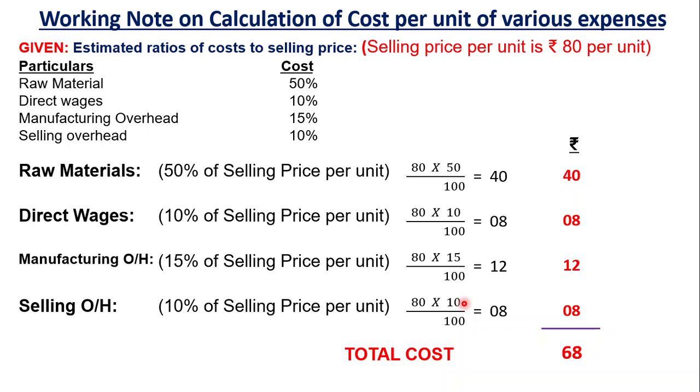So this calculation is very much required well in advance before preparing the statement showing estimation of working capital requirement, because this per unit information is to be ascertained so that it can be implemented in order to arrive at the value of raw materials blocked up in this investment and direct wages, lag in payment, manufacturing overheads amount, selling and distribution overhead amounts. Now to arrive at the value of these items, first we need per unit information. That's why this working note is very much required in order to solve the illustration.